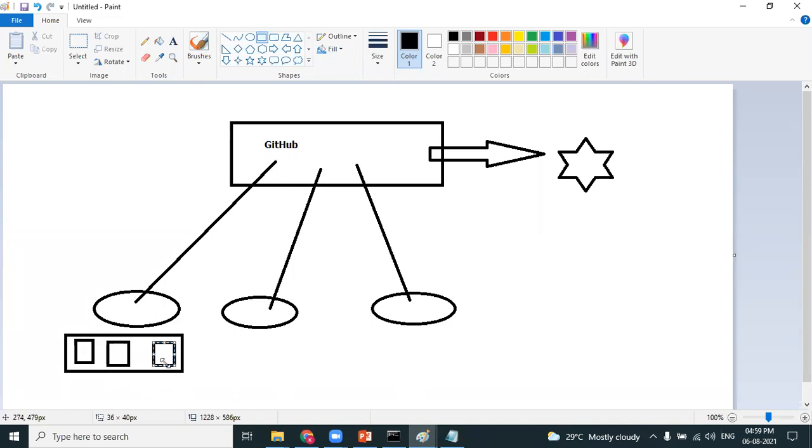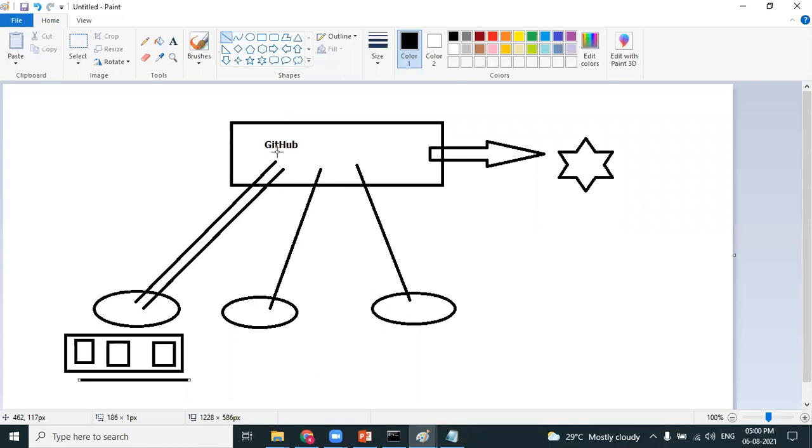Once he wants to report to his manager that his part is done, only then will he push the files into the remote repository. Committing is done frequently at the local repository, but pushing is done only once. Once the local repository is perfect with the code developed by the developer, only then does he push the code into the GitHub repository.